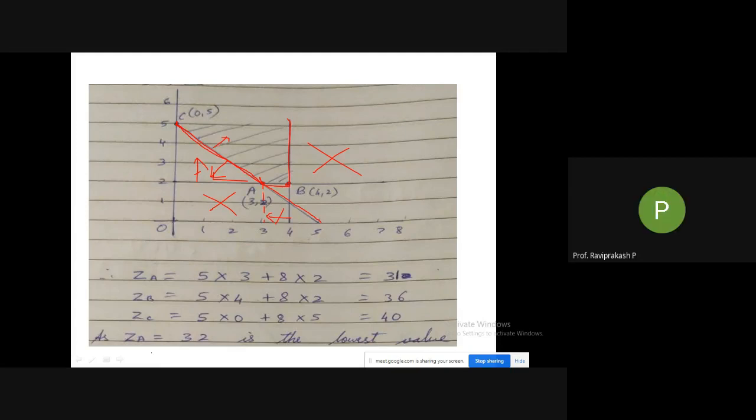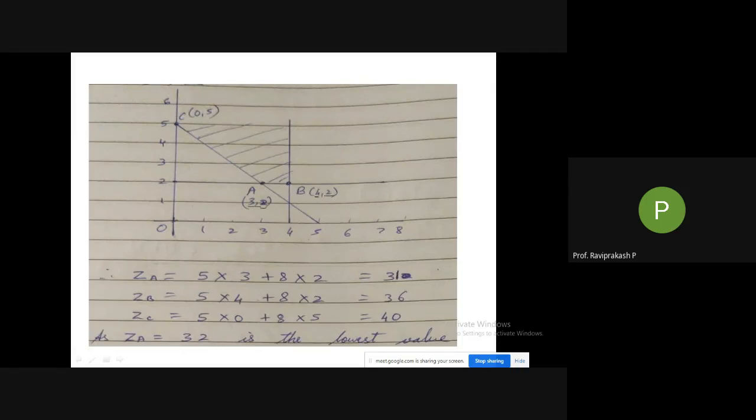Okay, I'll just remove all this. You can just check. Okay, so I was talking about this particular point. If you see here, this point is at 3 on the x-axis. So it is 3 here. Then on this side, on the same line, it is 2. So it is 3 comma 2. Coming to point B, if I see here, it is exactly at 4. So the x-value will be 4, and on this side, again on the same line, it will be 2. So it is 4, 2.